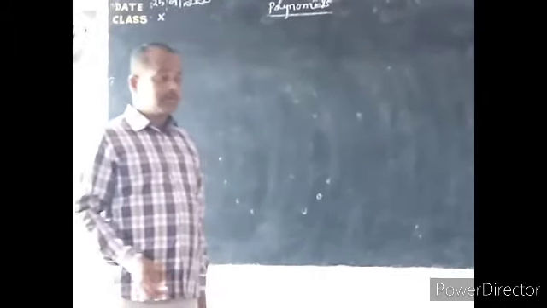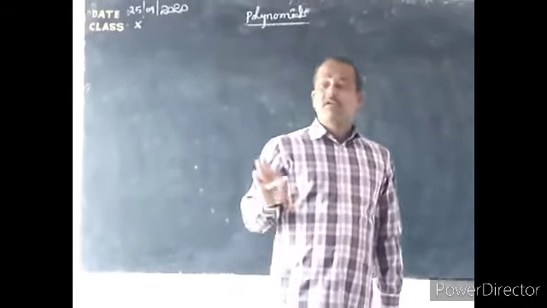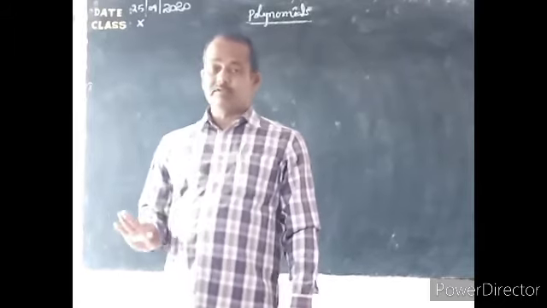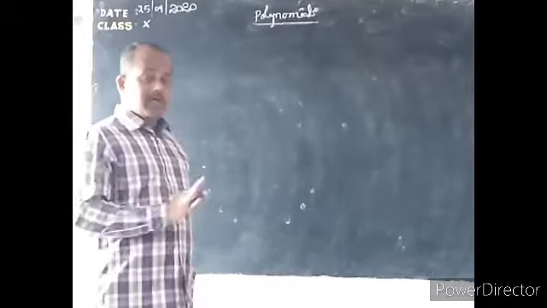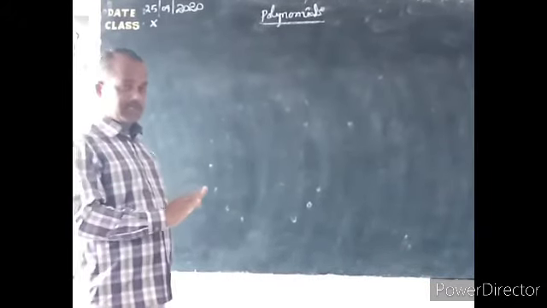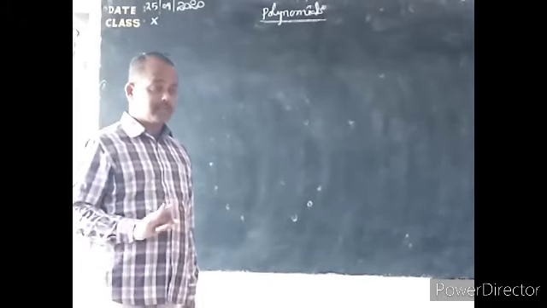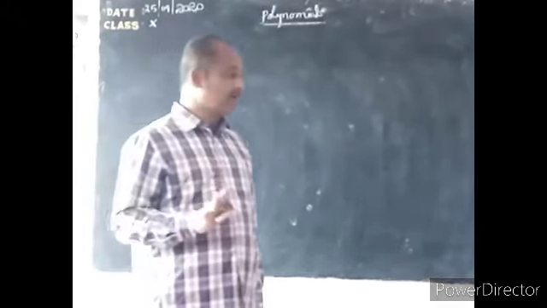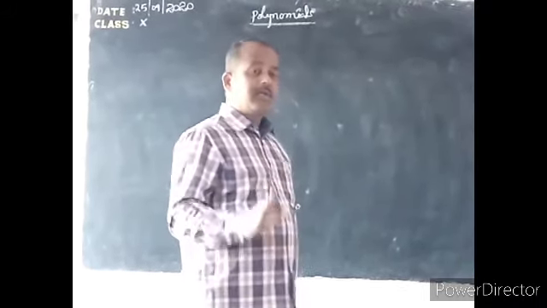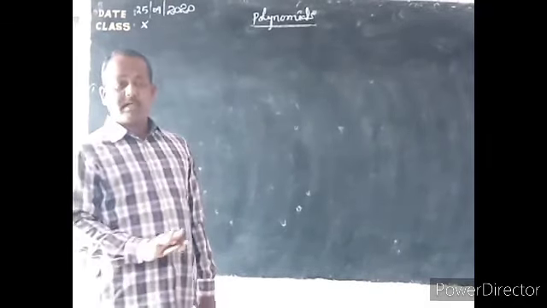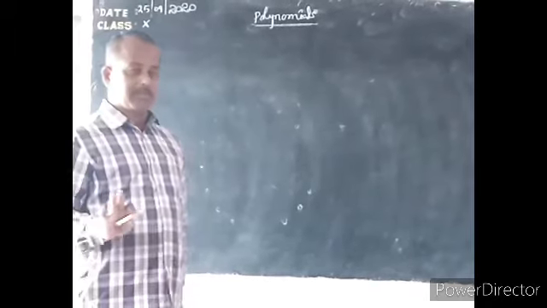In yesterday's class, we learned problems about the relation between the zeros of the polynomial and the coefficients of the variables of the polynomials. Okay? Already we derived the relation, how the relation works. Now we are going to solve some more problems on finding the zeros of quadratic polynomials and cubic polynomials, and also verifying the relation among the zeros of the polynomials and coefficients of the variable in polynomials.